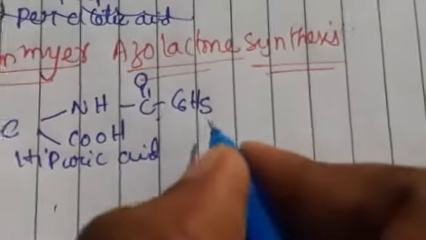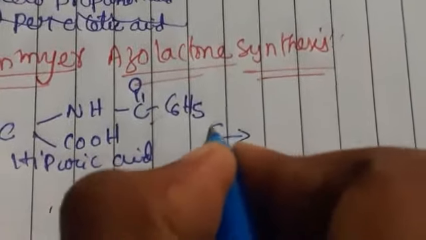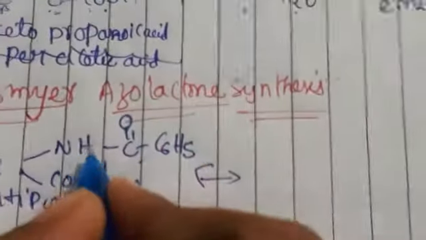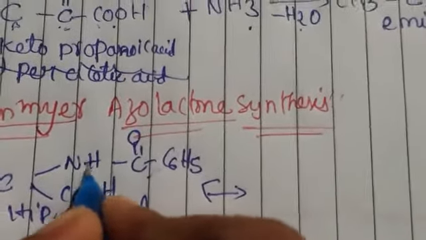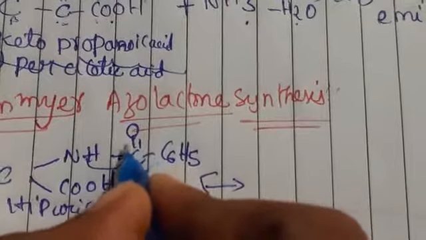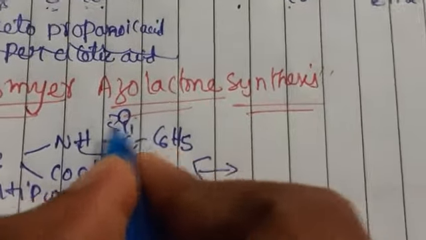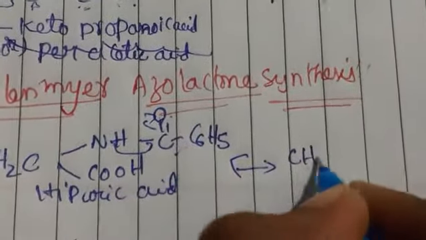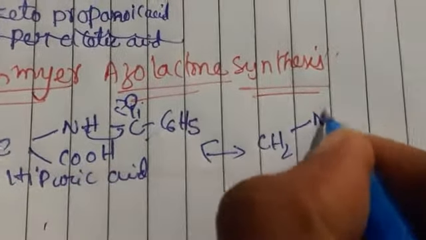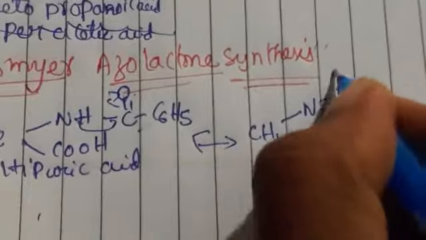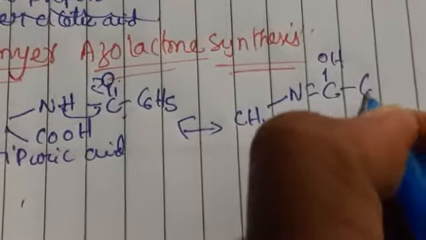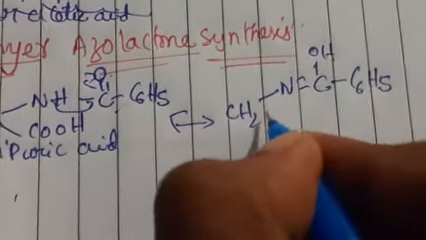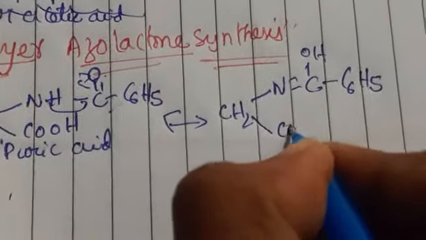So which undergoes rearrangement. When we do rearrangement for this, NH will be having a bond, this bond will come here as a double bond, and if we turn the bond here, minus charge, this H plus will come and add here. So then automatically what happens, CH2 N double bond C OH C6H5 and here COOH.